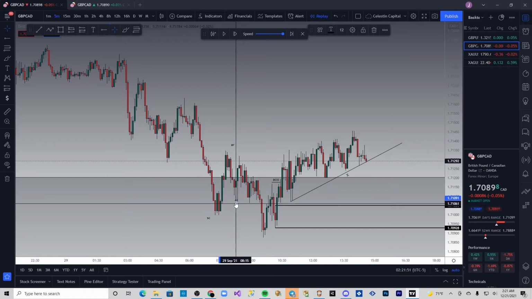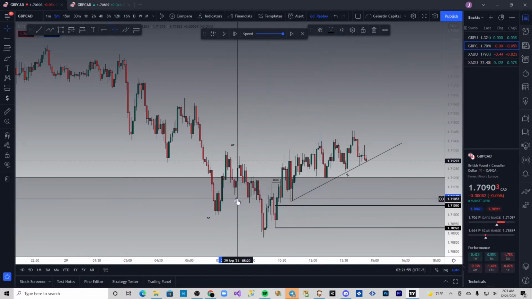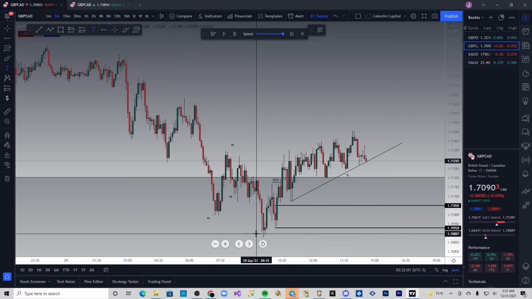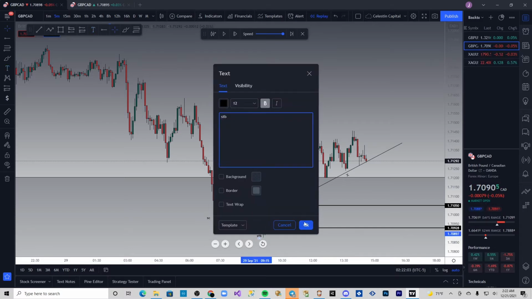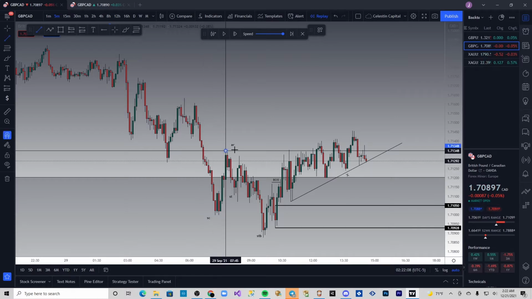We've got the secondary test right here. And then the selling climax and secondary test get liquidated. We got an STB. And then we've got a break of structure to the upside, which broke this, as you can see,